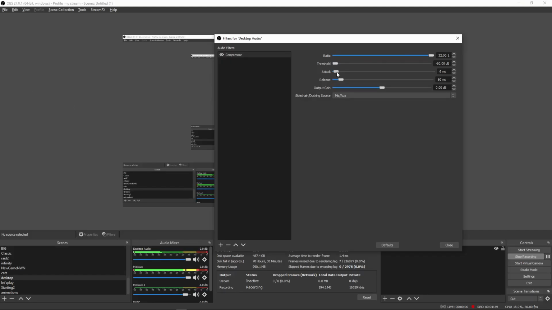Attack, represented in milliseconds, controls how long it will take for the ducking to start working once it crosses our threshold. I advise never leaving it at 0, because when it acts immediately, it's a pretty jarring contrast, and that doesn't sound very pleasing at all. The same thing is true for our next option, the release. Once you stop talking, how many milliseconds do we want the compressor to wait until it allows the volume to cross the threshold again? Leaving this at 0